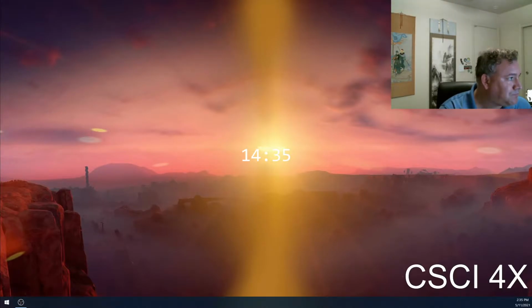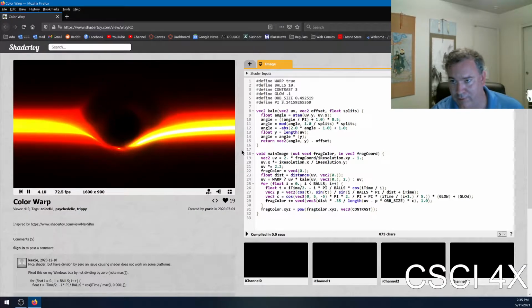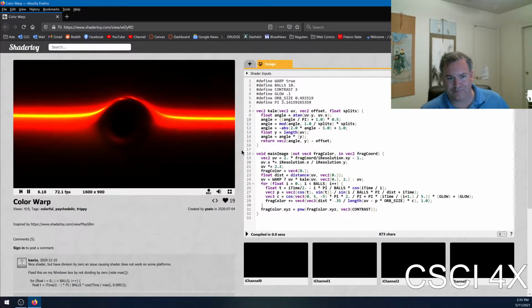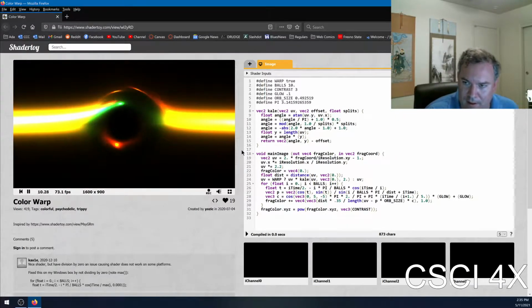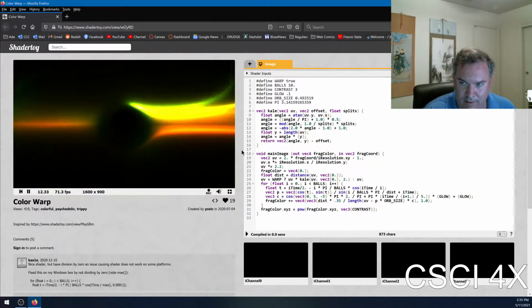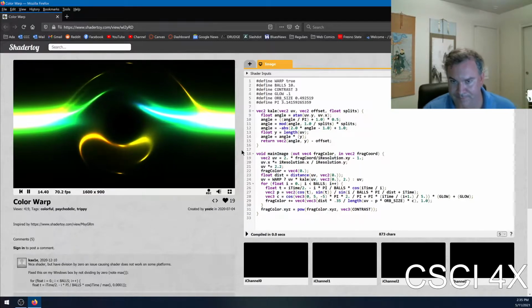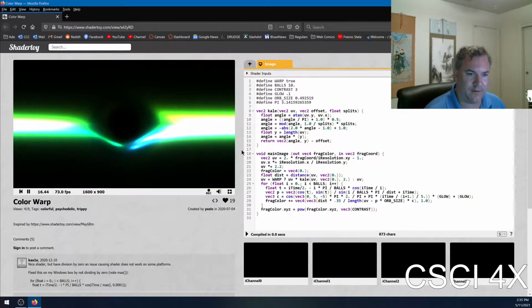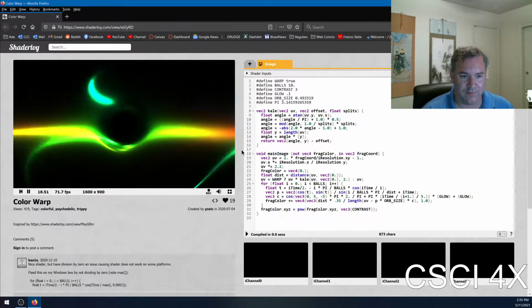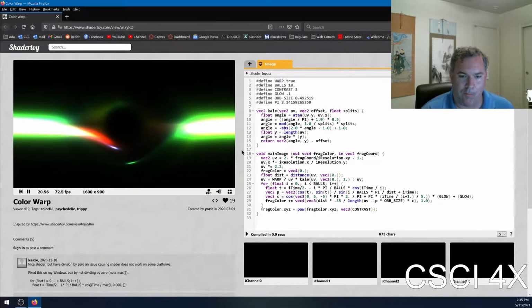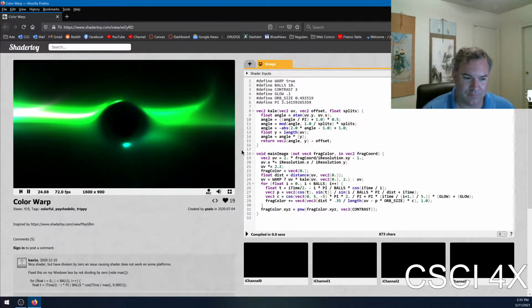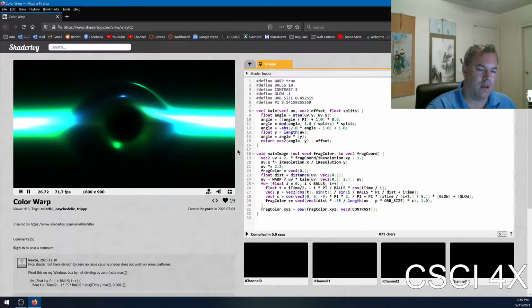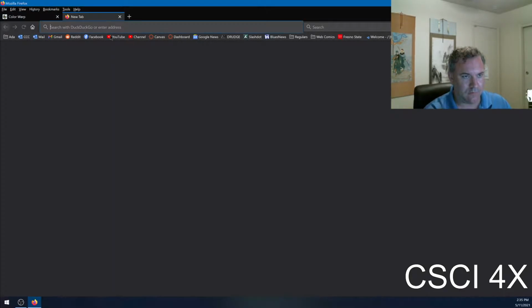Alright, get them done. Alright, so our topic for today is shaders. So, a shader is a program that runs inside of your GPU, basically. And there's all sorts of really cool things you do with shaders. For example,